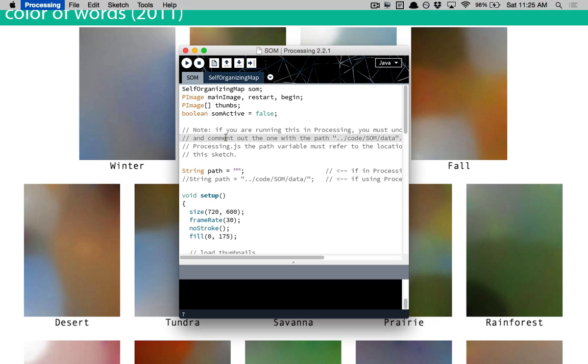And I looked up a whole bunch of words, and I downloaded, let's say, the first 100 or so images in each of these Google image searches. And then I applied a self-organizing map to those colors. So the idea is, what is the color of these words? When we talk about them, do we sort of see a color, or do we perceive that it has some relationship to some group of colors?